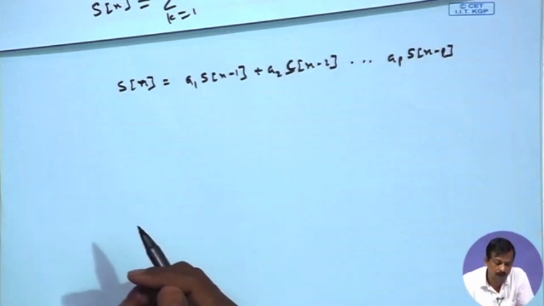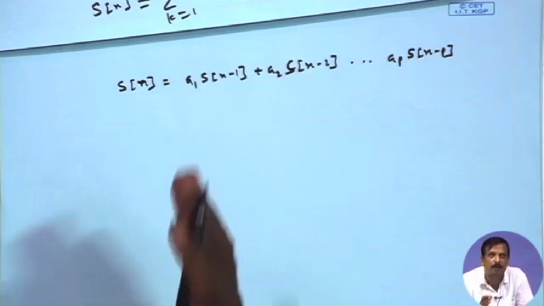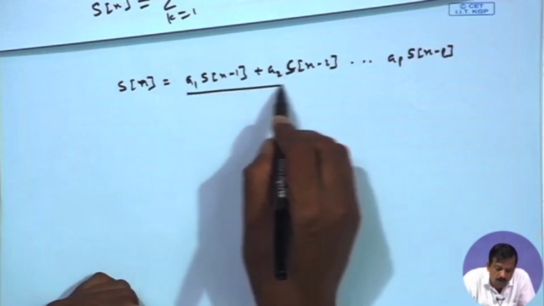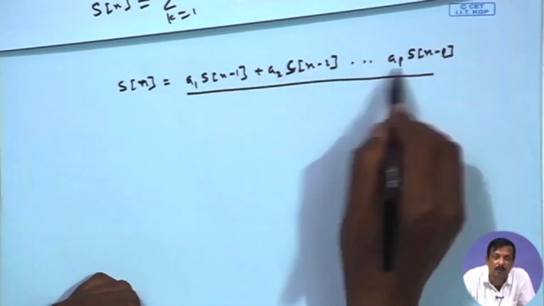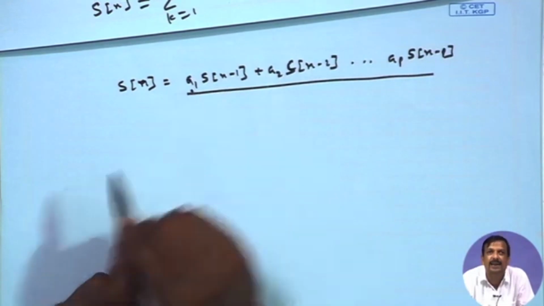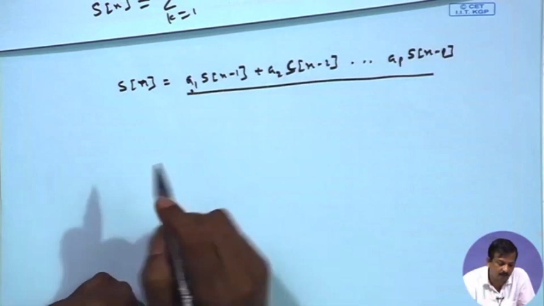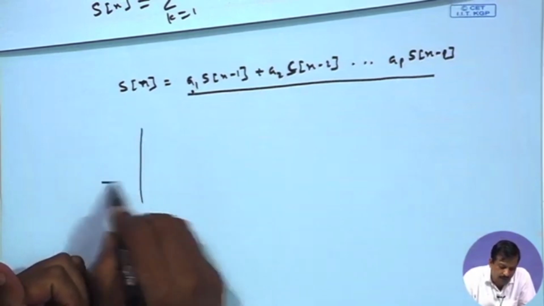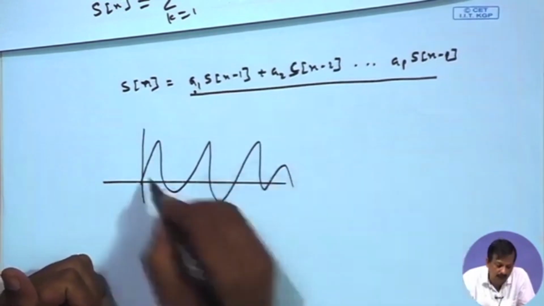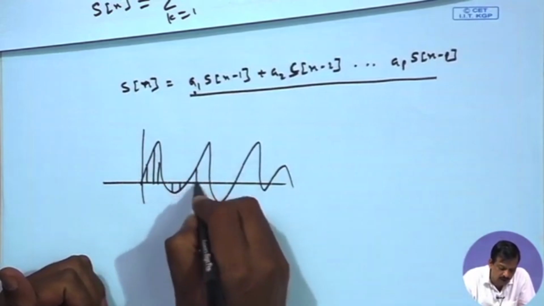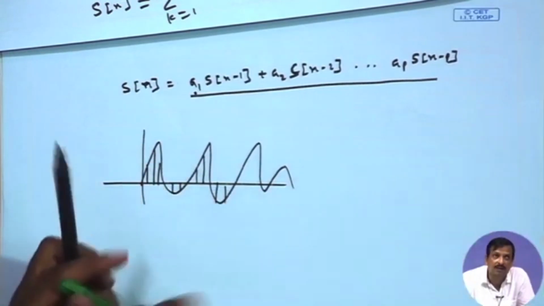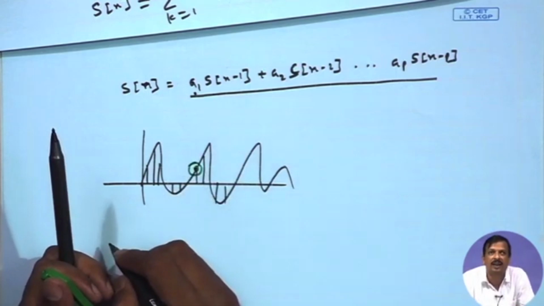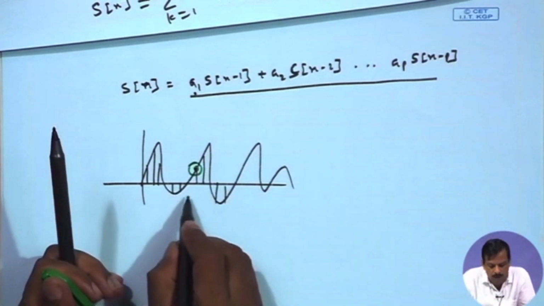So, I can say that the current speech sample can be a summation of previous samples with a multiplication factor a. So, I can say this is a linear combination. Suppose this is the speech signal and those are the samples. Now, I can say that this sample can be predicted or generated from the previous